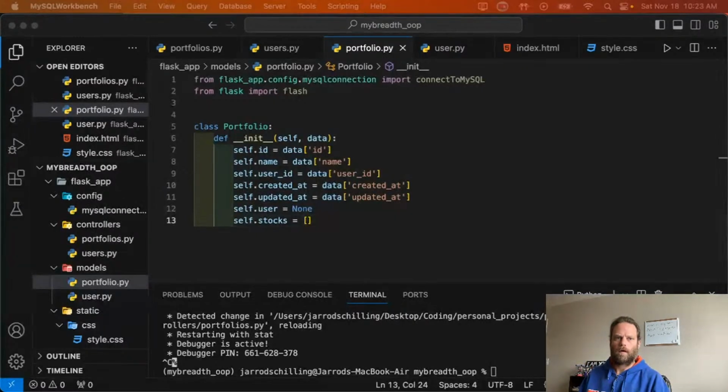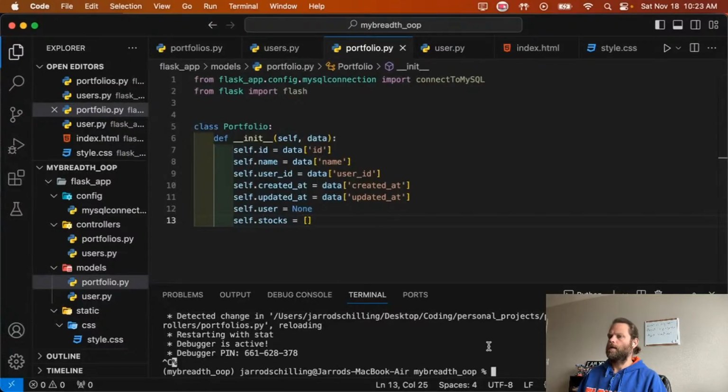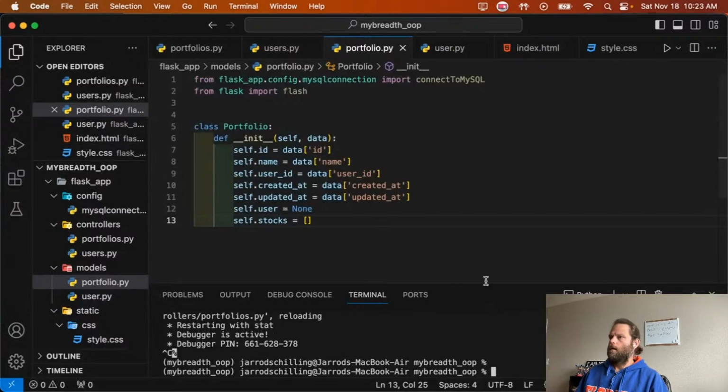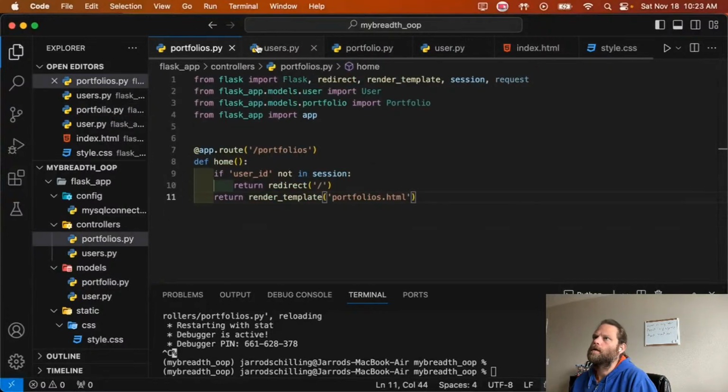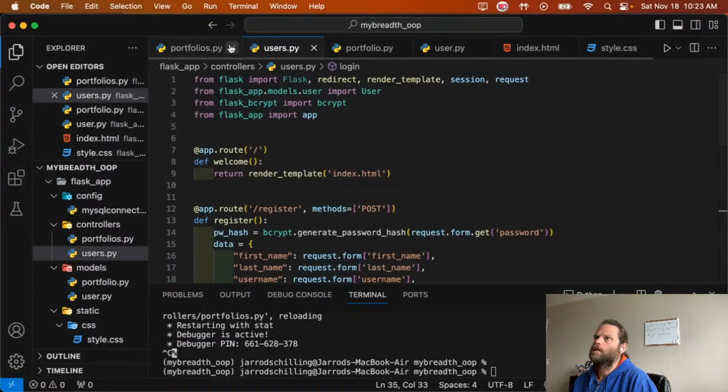Okay, everything looks good on MySQL. Okay, so back to this now. Okay, now we should be able to register a user. So let's,